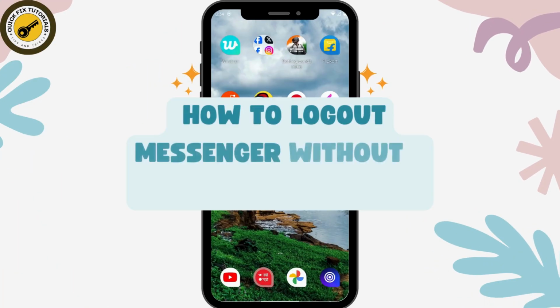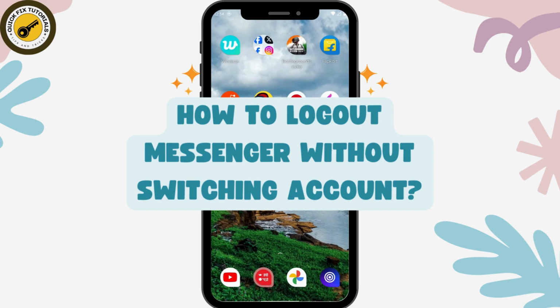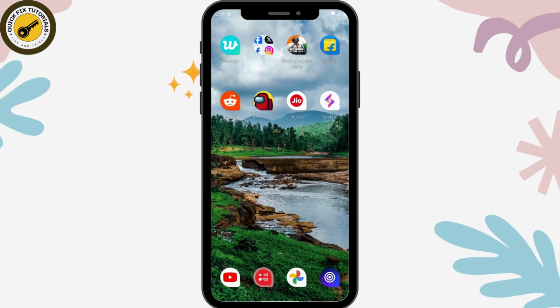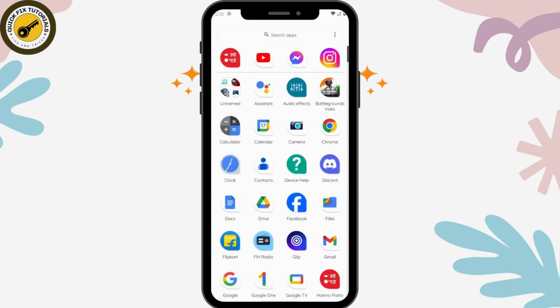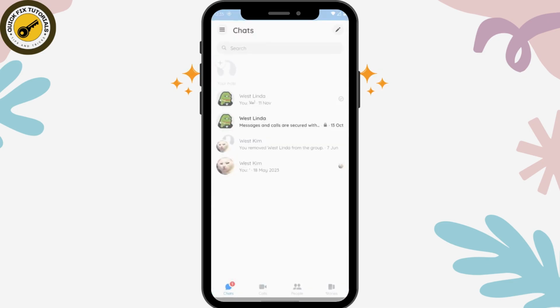How to log out Messenger without switching account. So if you want to log out of your Messenger without switching the account, then first of all you can open up your Messenger. So we don't have a direct option to log out, but what you can do is